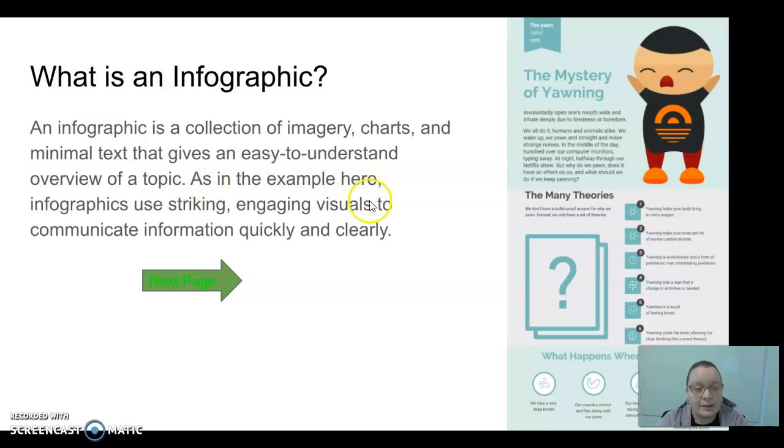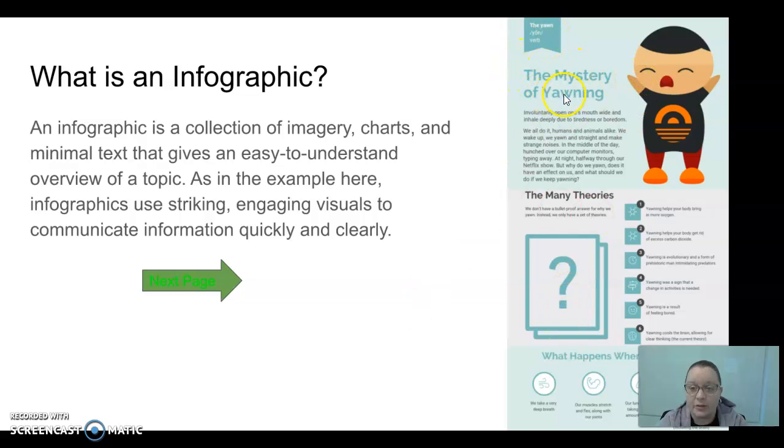As in the example here, the infographics are striking. The graphics specifically, so you can see the picture of the little boy here, and then we have this big question mark here, which is a striking graphic as well. The visuals are engaging and they are used to communicate information quickly and clearly. So just by looking at these two graphics